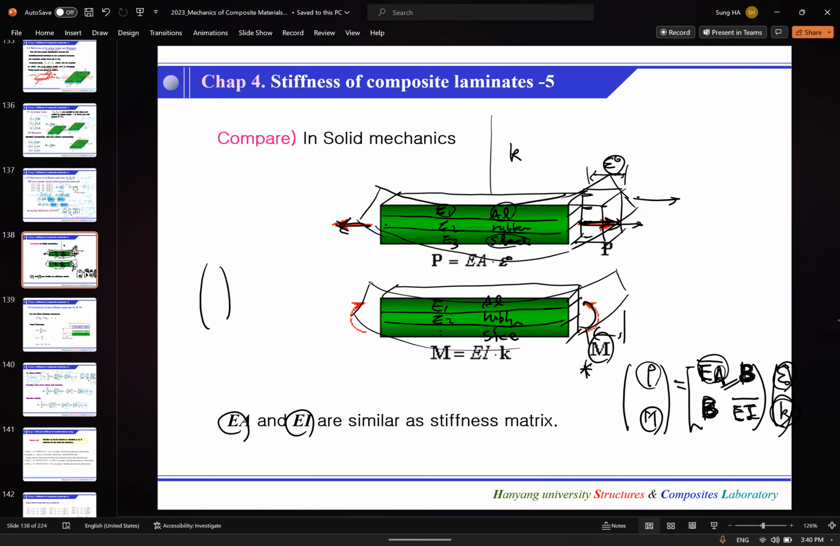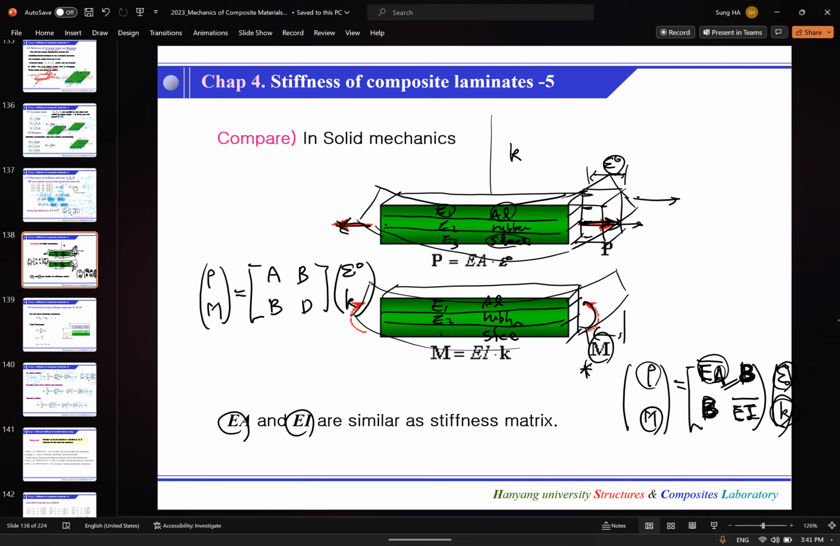So simply, we can say the load and moment are related to epsilon 0 and curvature through A, B, B, D, okay? This is for the beam, one-dimensional load and